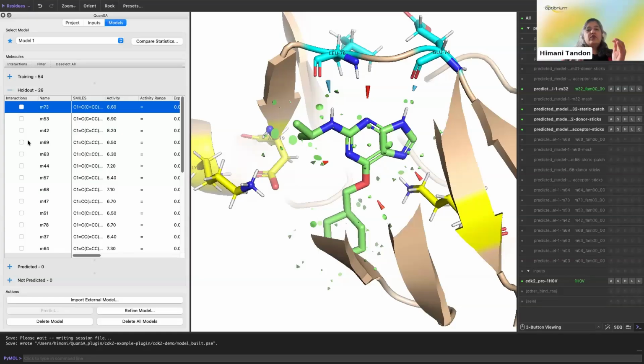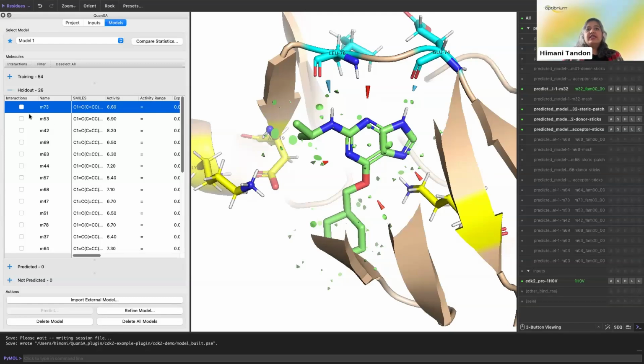Now at this point, we might want to directly use this model that we have generated to make predictions for new molecules, or molecules for which the activity is not yet known, or we can design an active learning strategy where we can choose some of the molecules from this holdout set to refine the model. Again, this is one more thing which we touched upon a little bit in the beginning, as Kyle explained, about active learning. In this case, you don't have to rebuild your models from scratch when new data becomes available. Rather, you can just choose some of the molecules that are informative and add them to the existing model to refine the model predictions.